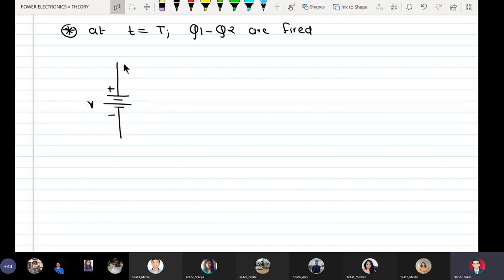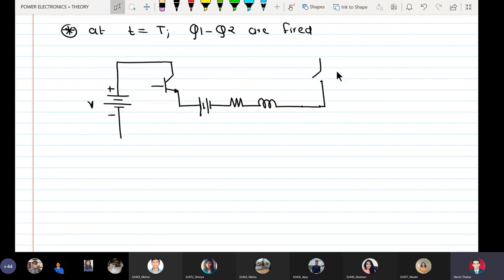Plus minus V. The transistor Q1 is fired now. See how the polarity is. L di by dt is like this. R, L, and what are the constituents now? See,